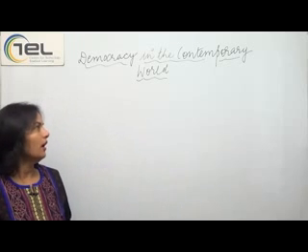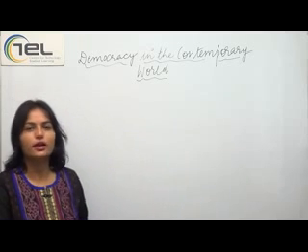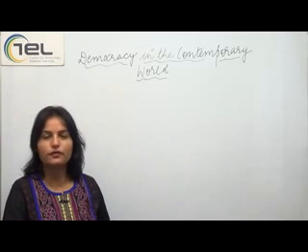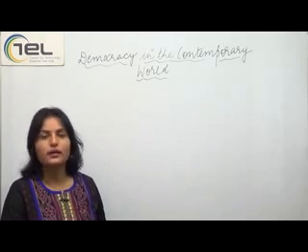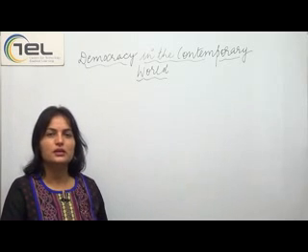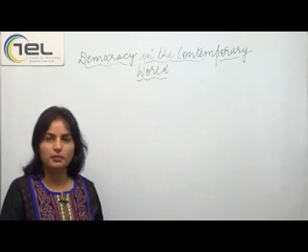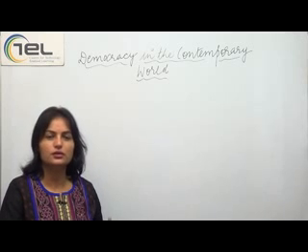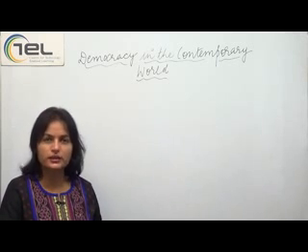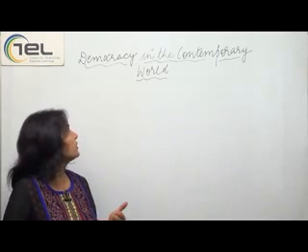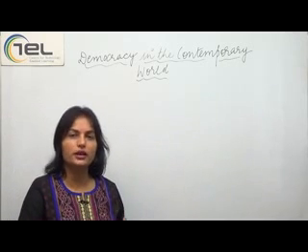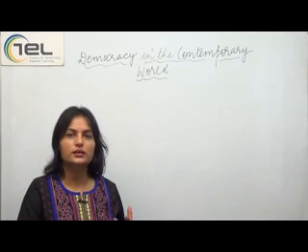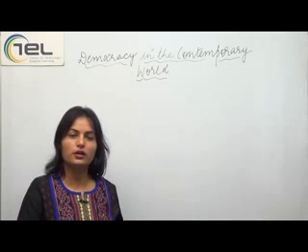Hi. Under political science, that is civics, today we will start the very first chapter, that is democracy in the contemporary world. Democracy, as you know, is the rule of the people, by the people and for the people. But this rule by the people was not an easy transition. So under this chapter, that is democracy in the contemporary world, we will study how this transition from autocratic rule,